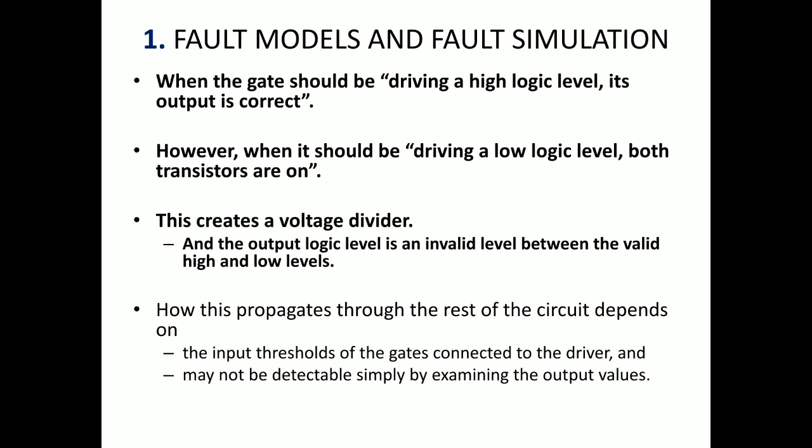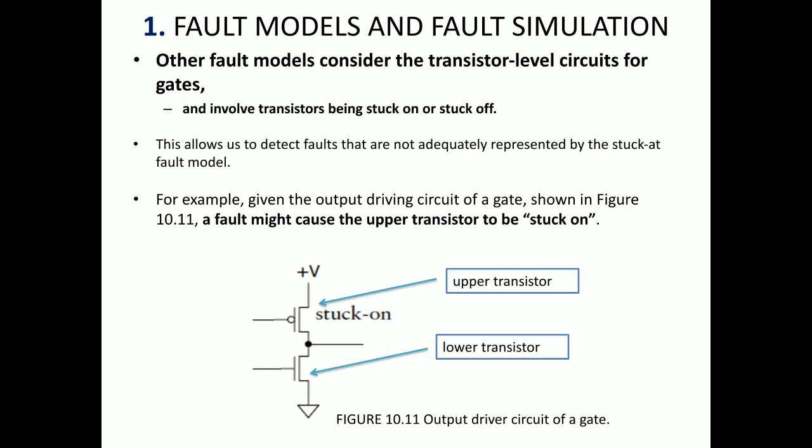How this propagates to the rest of the circuit depends on this: this transistor is acting as a driver circuit for the next gate. When this circuit is producing the wrong output, the next circuits which are getting input from this will also give wrong output. Further, the chain of circuits will also give wrong output.